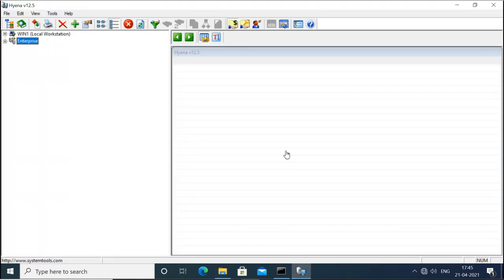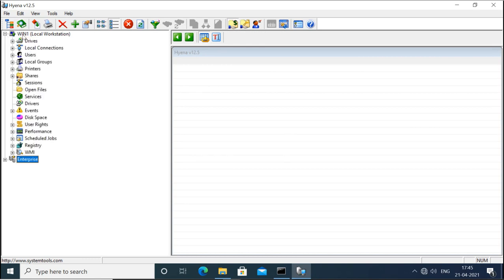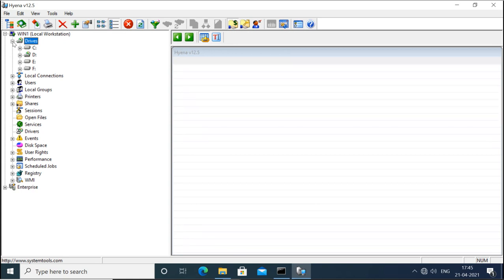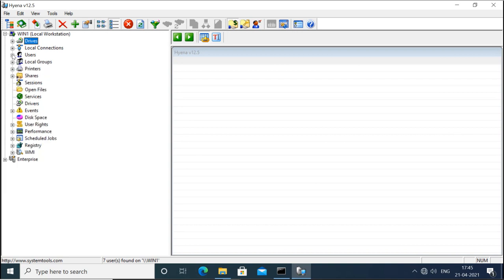Now this is Hyena, and currently it is showing the local information about the local machine. This is our local workstation. It is showing the information about the drives, connections, users, local groups, printers, share folders, sessions, open files, services, drives, drivers, events, and these are the events.